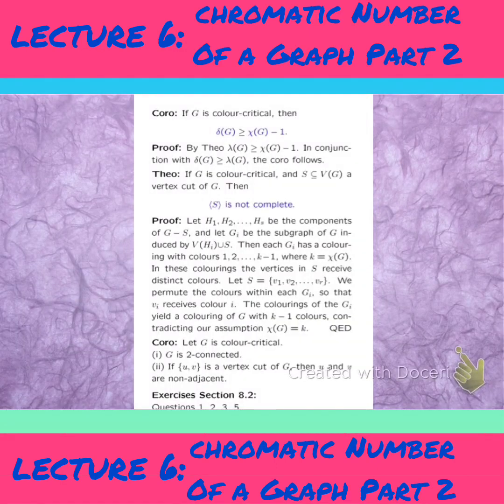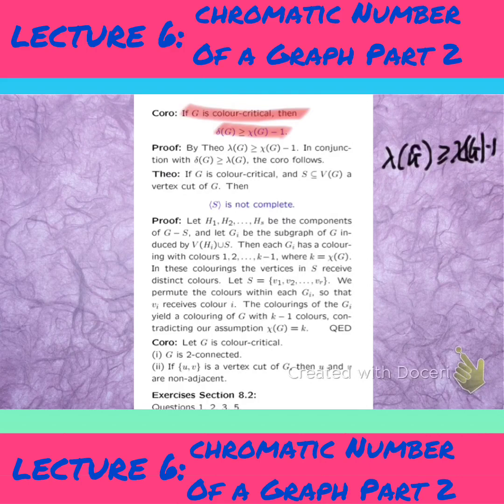Right, so this corollary states that if G is color critical, then the minimum degree of G is at least the chromatic number of G minus 1. That follows from the previous result, because the edge connectivity of G we know is at least the chromatic number of G minus 1. Okay, and remember,